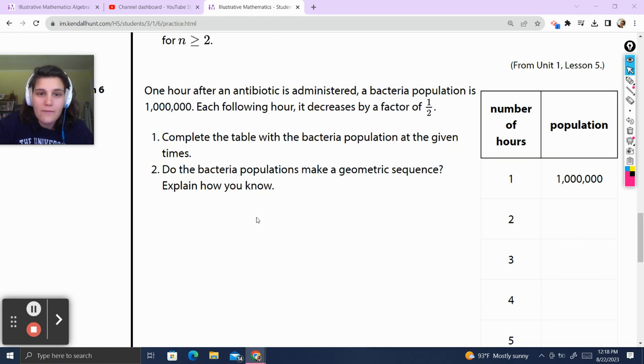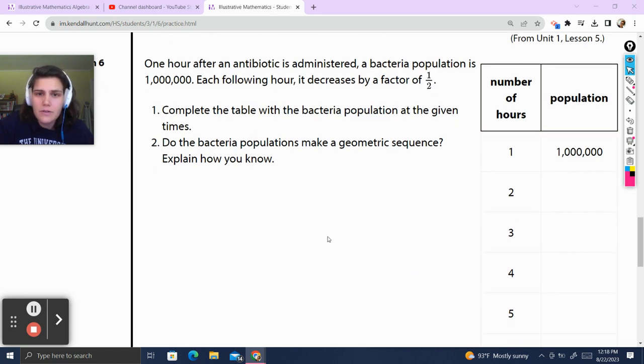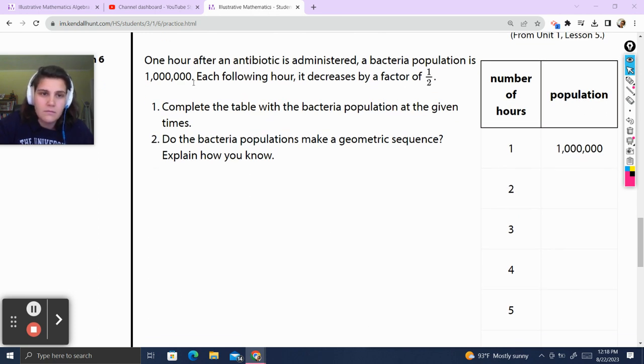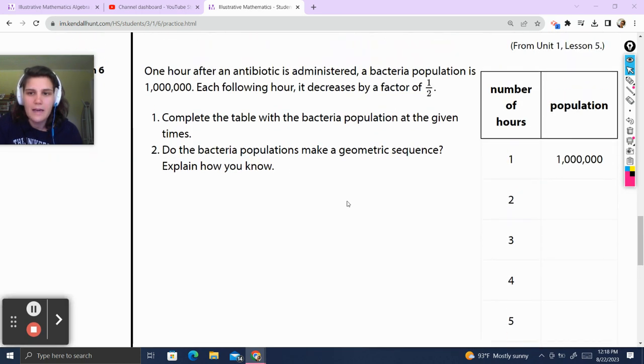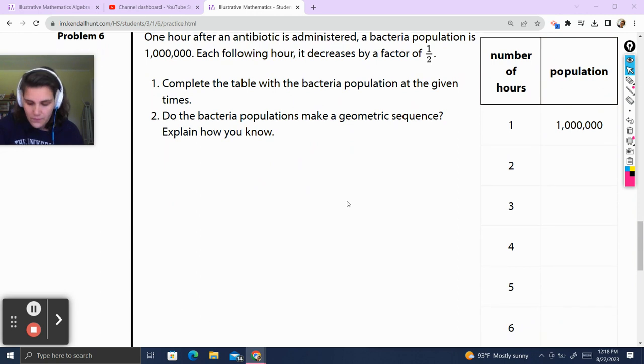1 hour after an antibiotic is administered, a bacterial population is 1,000,000. Each following hour, it decreases by a factor of 1/2. Complete the table with the bacterial population at the given times. Does the bacterial population make a geometric sequence? Explain how you know. Okay, well, this is 1,000,000,